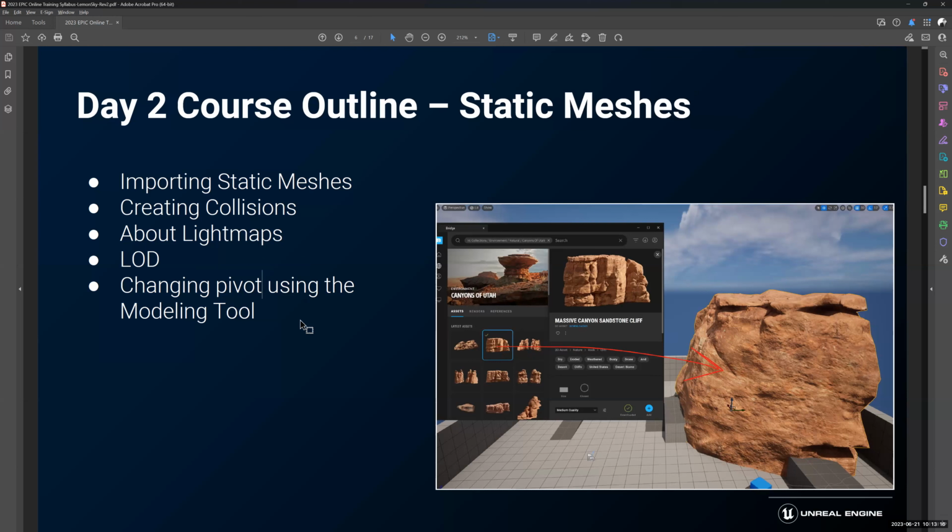Yeah. And I'm going to show you how to do that right inside of Unreal Engine, how to reposition the pivot point. Sometimes people would want to go back to their Maya and then reposition the pivot and then bring it back inside. That's too much work. So right inside of Unreal Engine, I'll show you how quickly and easily you can reset the pivot point. Cool. This is the stuff that we are going to talk about today.